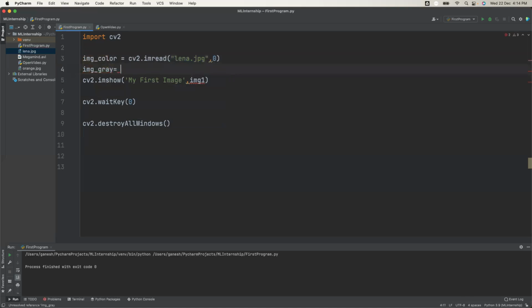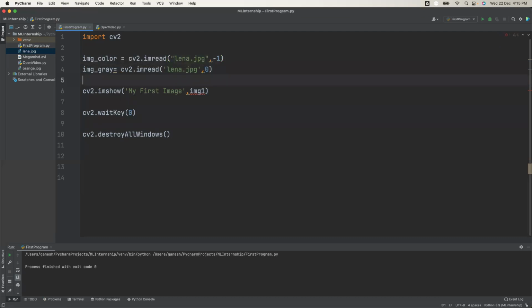The gray image I'm reading like cv2.imread, and here the name of the file is lina.jpg, and 0. To read the color image, there is an option -1. If you want to read the color image, the option is -1, or by default it is color. And if you want to read it as a grayscale image, it is 0.